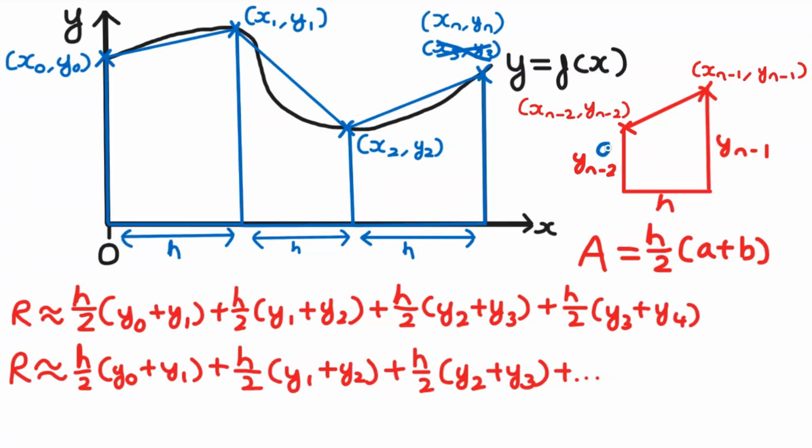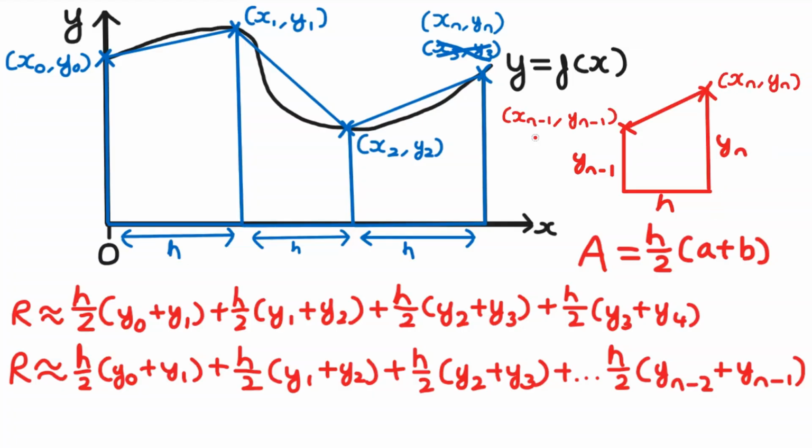So therefore this A side here is going to be yn minus 2, and then this B side here is going to be this yn minus 1, and then remember the thickness of the trapezium is always going to be this constant h value here. So therefore the area of this trapezium is going to be h over 2 yn minus 2 plus yn minus